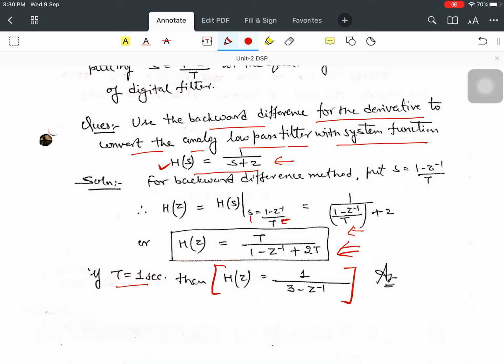Okay. So students, this is just about the approximation of derivatives for digital IIR filter design. And a little bit on why we prefer the analog filter most of the time: because it is easily available and implementation is simple. So with the help of the analog IIR filter design, we design the digital IIR filter.